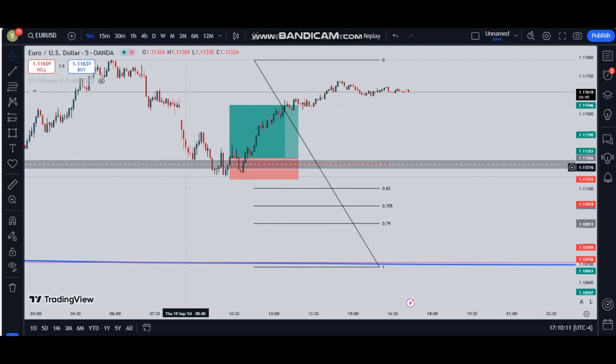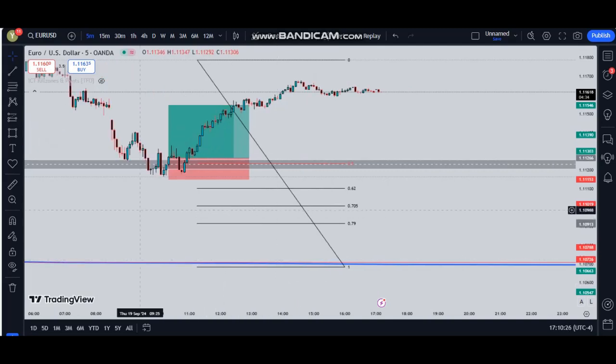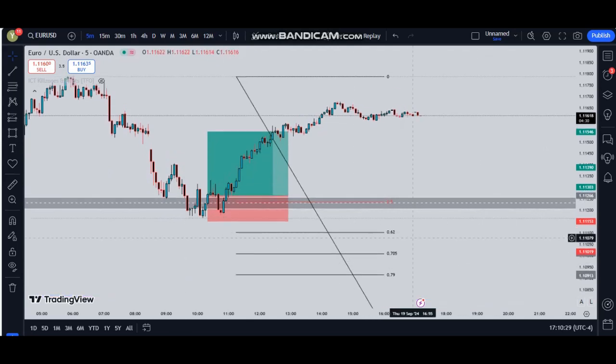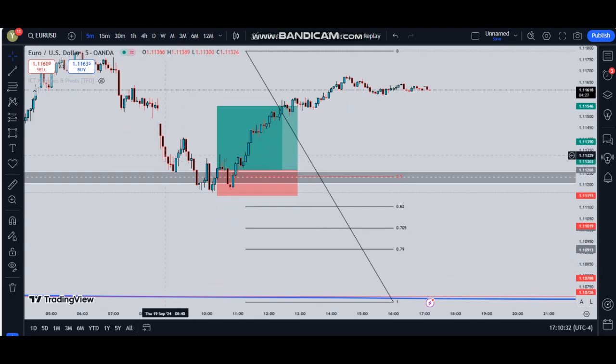We did rally higher. Those who are in a hurry, those who are not patient, got involved in this move going higher because we were forming some small fair value gaps, and also we didn't really have that displacement going higher. That's why I didn't really get involved, and because we had this fair value gap below here, so I waited for price to drop lower to clear all these liquidities. To those who had entered early, maybe they had their stop loss below this swing low, they were taken out.